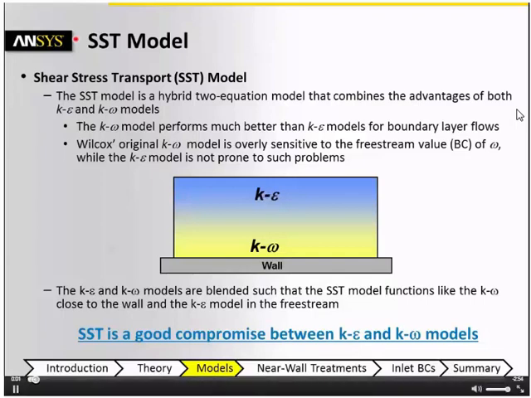The SST K-omega model is one of the most popular turbulence models in use today. SST stands for shear stress transport, and what the model does is it combines positive features of the K-epsilon and K-omega models into a single hybrid model. The K-omega model performs better than K-epsilon models in boundary layer flows, but the K-omega model is also overly sensitive